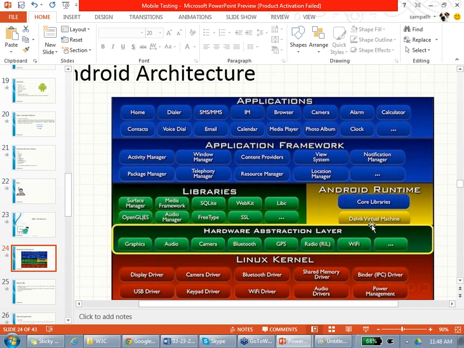What is the Java virtual machine? It converts bytecode to machine code. Very good.